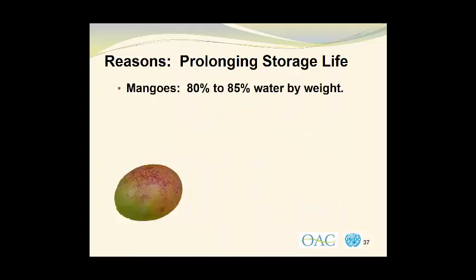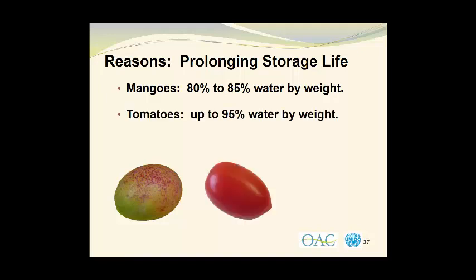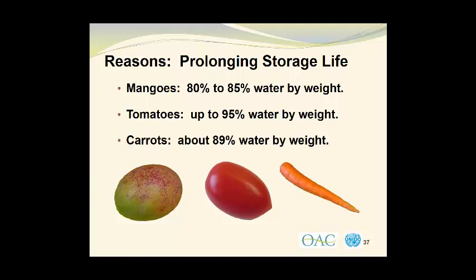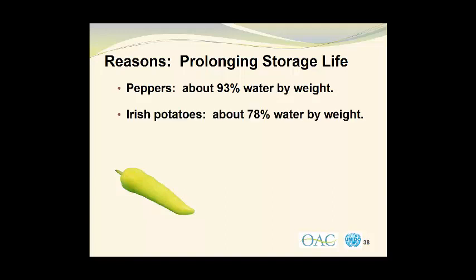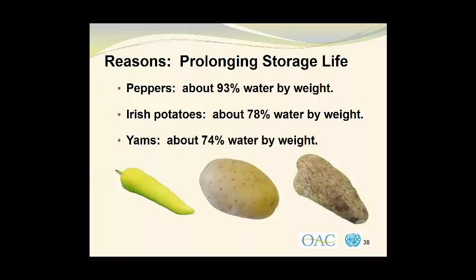Mangoes contain 80 to 85% water by weight. Tomatoes contain up to 95% moisture by weight, and carrots contain about 89% water by weight. Peppers contain about 93% water by weight. Irish potatoes have about 78% water, and yams have about 74% water by weight. So as you can see, foods we eat have a high level of water on a weight basis, so there is a high level of availability of water for microbial growth and for degradative chemical reactions